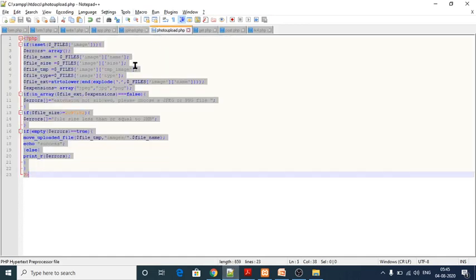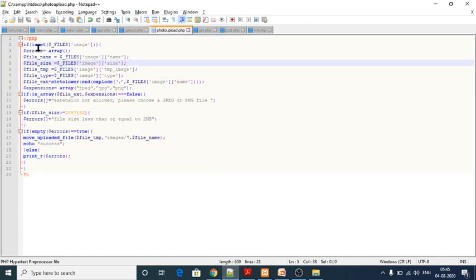Okay, so see here, isset is used to check whether an image is uploaded in that particular session. And next one is files image, and this is the name of the image, this is for the image and this is for the name of the image. And next one is image size, see what I have given here, the file size would be less than or equal to 2 MB.